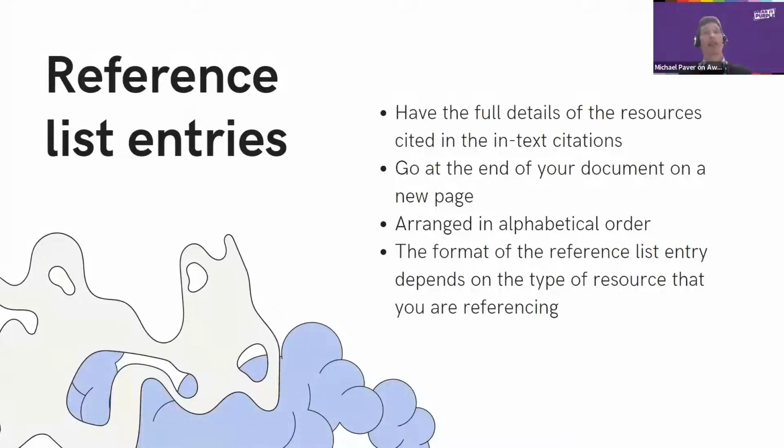Okay, now the second part of the reference after the in-text is the reference list entry. So the reference list entry has the full details of the resources cited in the in-text citations. So the in-text just has the author and the date. For someone to be able to go and find your resource that you've used, you need to have all of